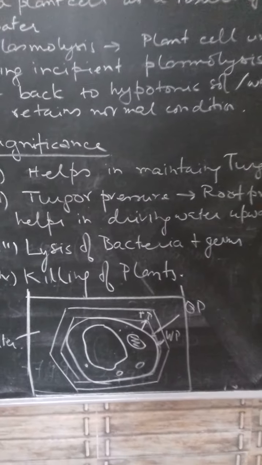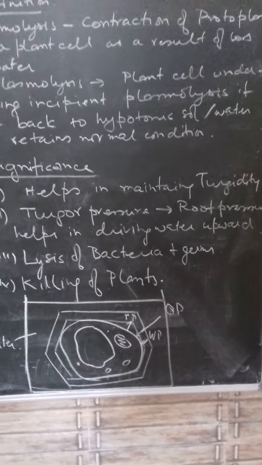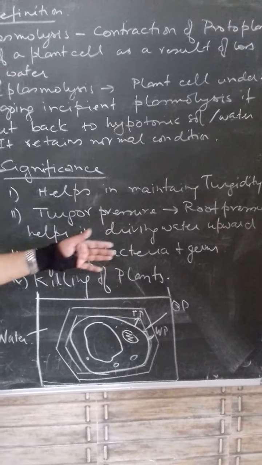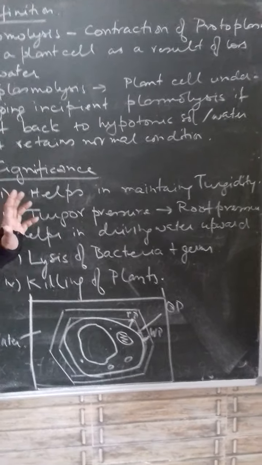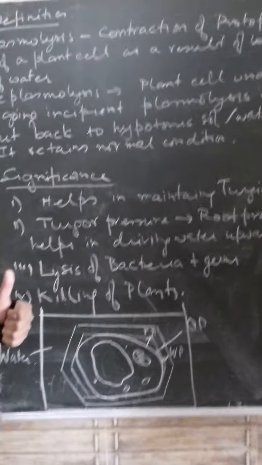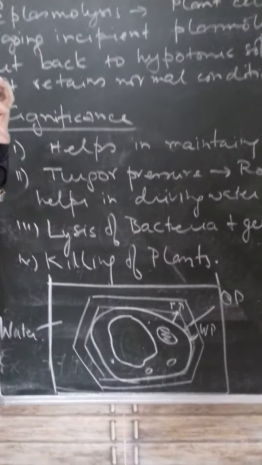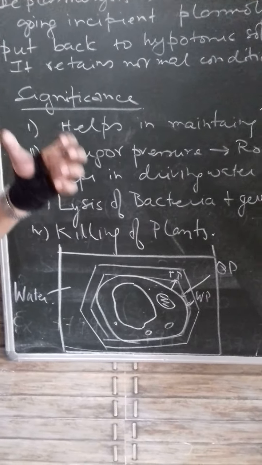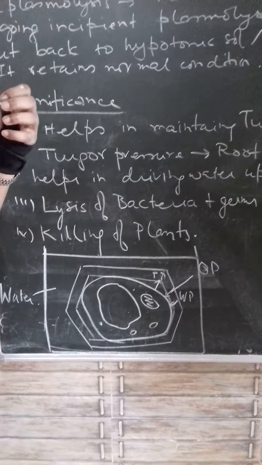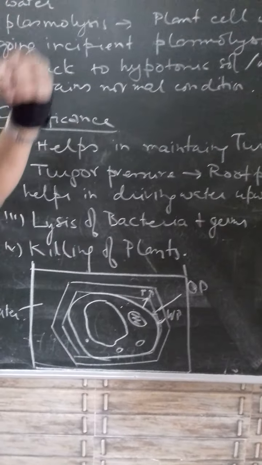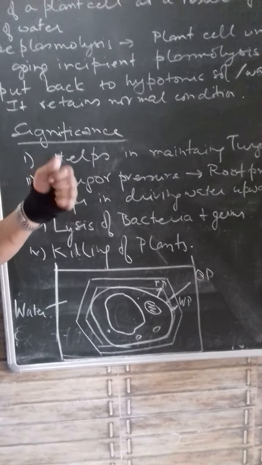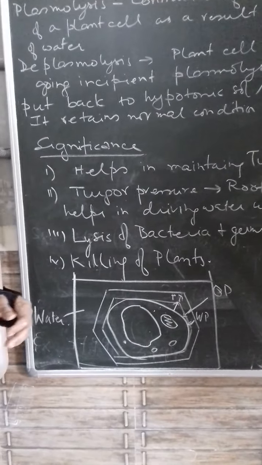Turgor pressure also helps in building up the root pressure, which helps to pull the water to a certain extent. So this particular topic helps in developing the turgor pressure. Turgor pressure, you know, sometimes is also a nuisance, like in some plants, the root turgor pressure is so much, like in peepal or banyan plants, they usually break the wall. Sometimes, through bird droppings, the seeds germinate on the rooftop, and the turgor pressure of the root breaks the wall and causes damage to the building.